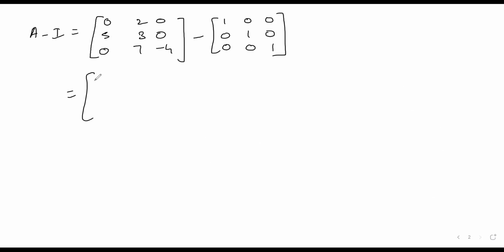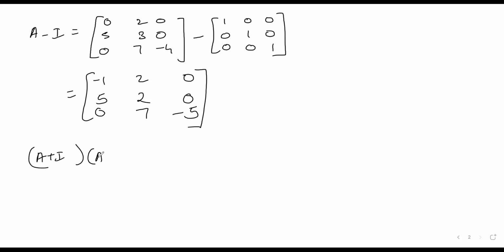It is 0 minus 1 is minus 1, 2 minus 0 is 2, 0 minus 0 is 0, 5 minus 0 is 5, 3 minus 1 is 2, 0 minus 0 is 0, 7 minus 0 is 7, minus 4 minus 1 is minus 5. This is A minus I. So you have A plus I, you have A minus I. You have to find